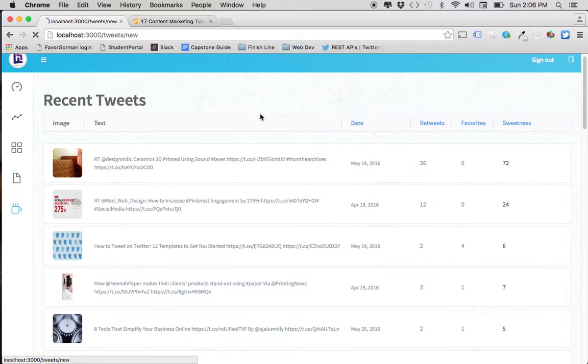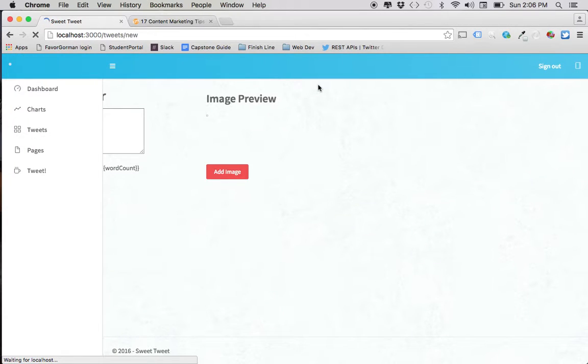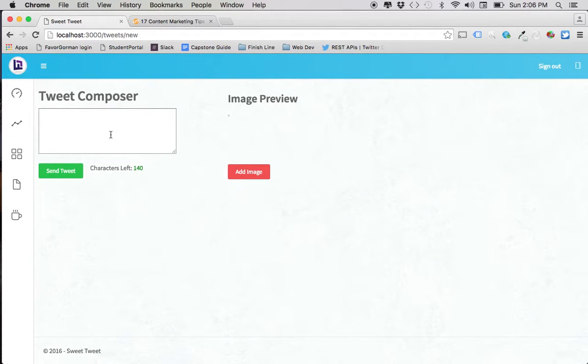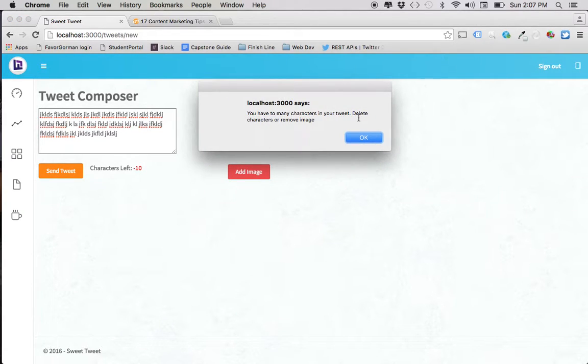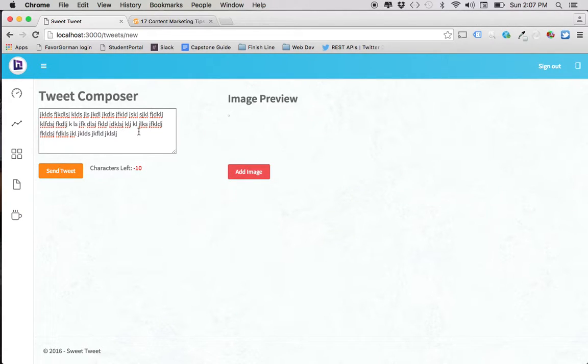And so if you want to compose a tweet, you can also do that. You can compose a tweet manually. And I have a counter here that will not let you go over Twitter's 140 character count. So if I go over, I don't want to tweet that anyways, but if I try tweeting it, it'll say too many characters, and will not let you do that until you have a lower number. Of course,